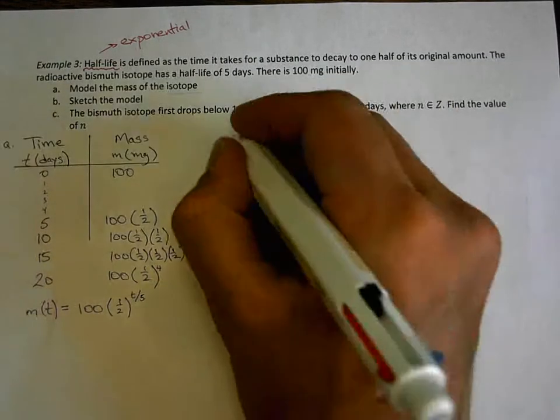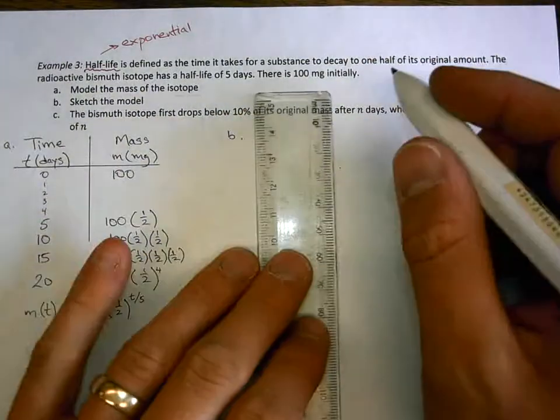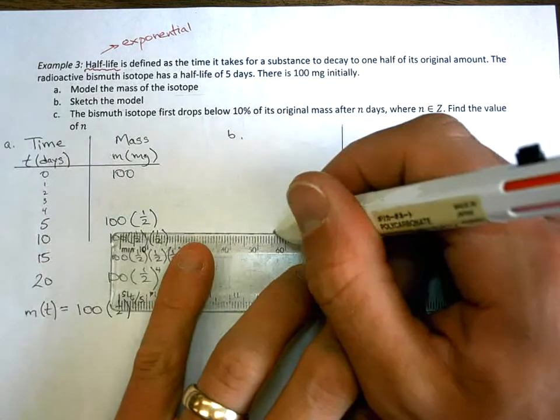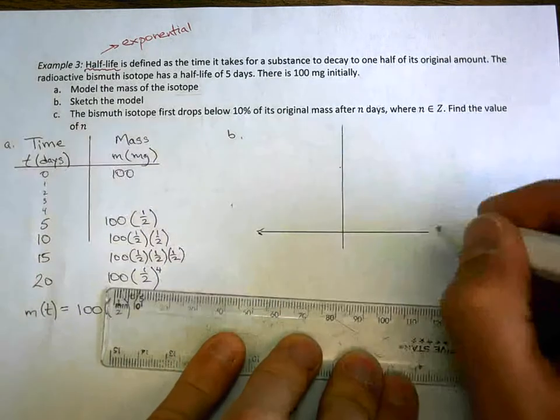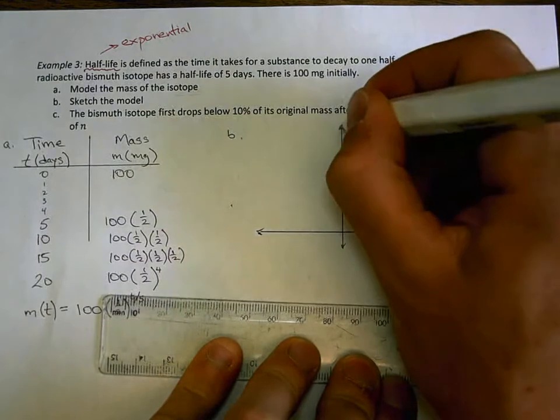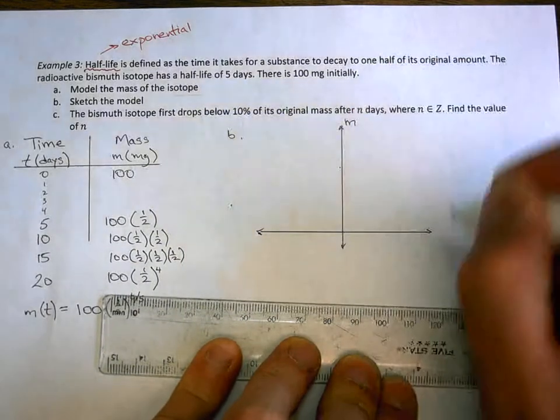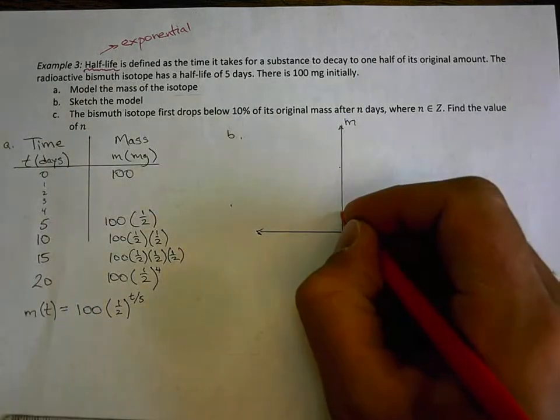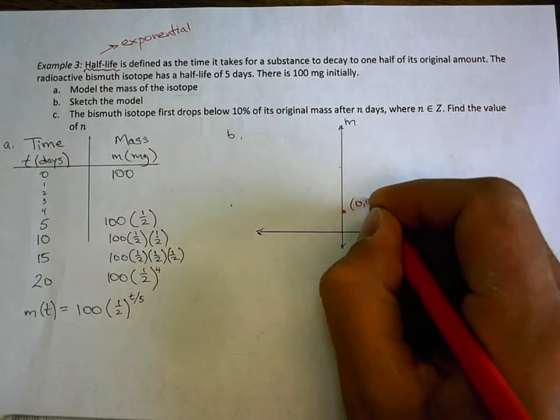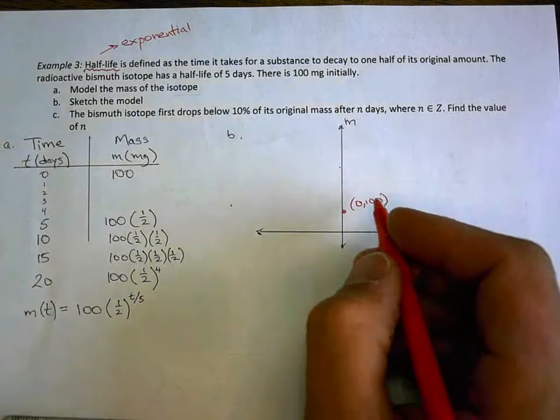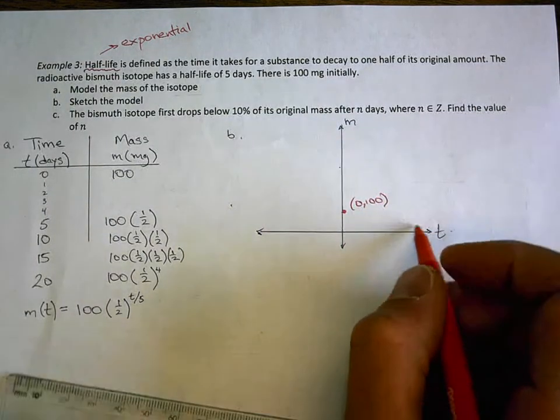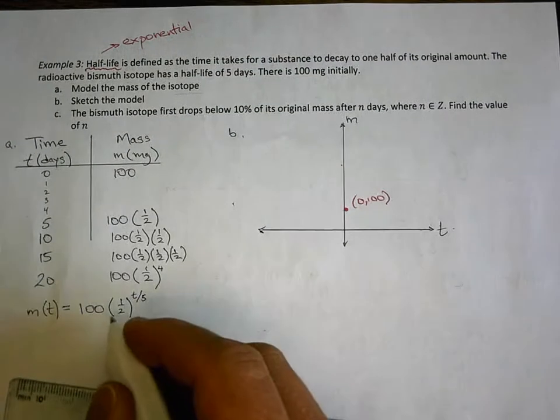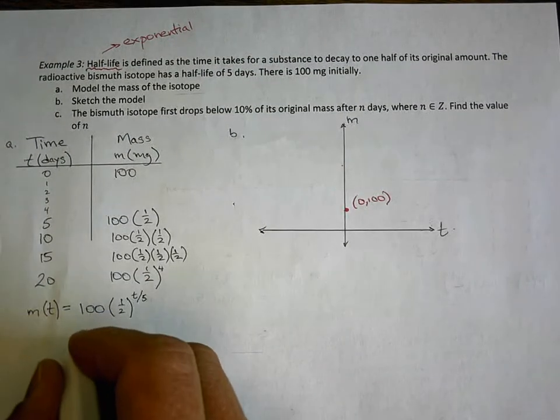Sketch the model. Well, we know this. This is an exponential decay graph. We know at 0 there's 100, so this point here is (0, 100). And we know that it's going downwards. In fact, you could look at it this way. This is t. This is 2 to the negative 1, right? So this is technically